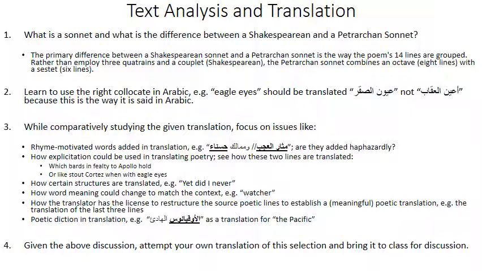برضو I want you to analyze how the translator had the license to restructure the source poetic lines to establish a meaningful poetic translation. يعني أنا عشان أترجم مش لازم أمشي سطر سطر وكلمة كلمة. مش لازم السطر أترجمه لسطر شعري، لا خالص. ومش لازم اللي في السطر ده يبقى بس لوحده في السطر. لا أنا ممكن أترجم سطرين في سطر أو سطر وكلمتين من سطر تاني في سطر وهكذا. ليه؟ أنا الهدف عندي إن أنا